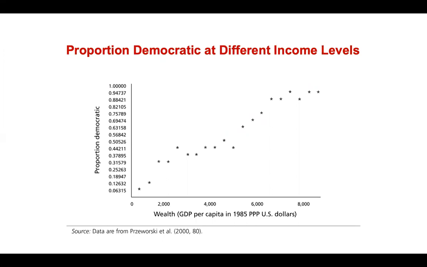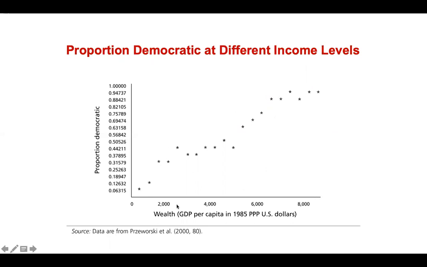But before we get to that, let's take a look at the data on a large scale. This is 1985 data. This is arraying countries as proportions of democratic countries at different income levels. And so what we have is those countries that are richer at the time had basically a per capita income of $8,000 per person. Poorer countries at the time are on the other end with somewhere between 0 and 2,000. And in the middle are all these other ones.